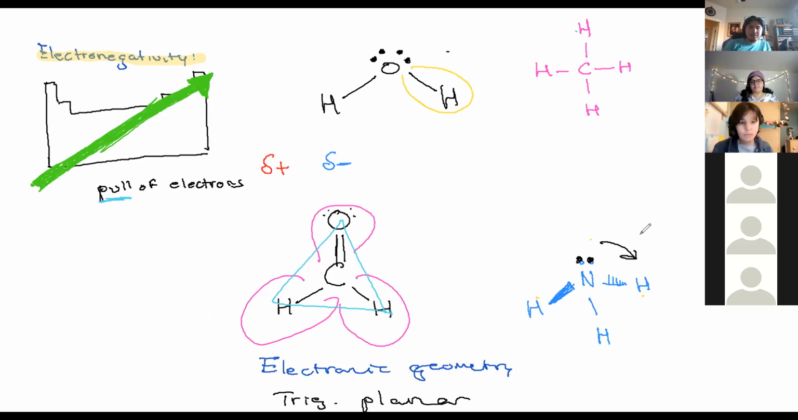Where are those electrons? What are those electrons doing? Pull of electrons in what? In a compound, right? It has to do with a compound. Okay, you guys are on the right track. So pulling electrons in